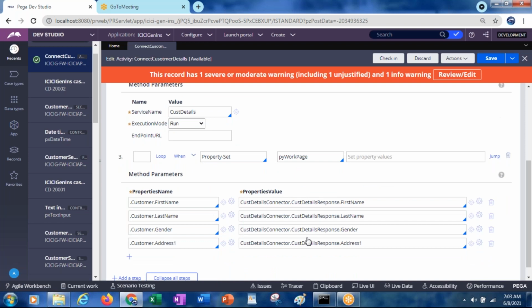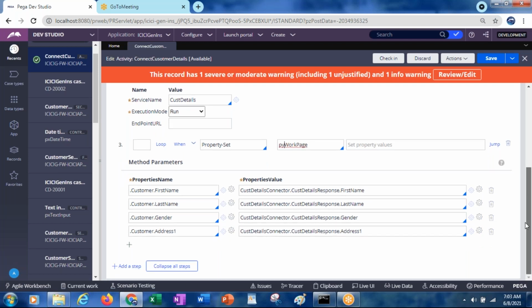Then we pass those values to the PV workspace, the customer first name, and so on. Why? Because then we can display those values to the user. So from this connector to the PV workspace we are mapping.